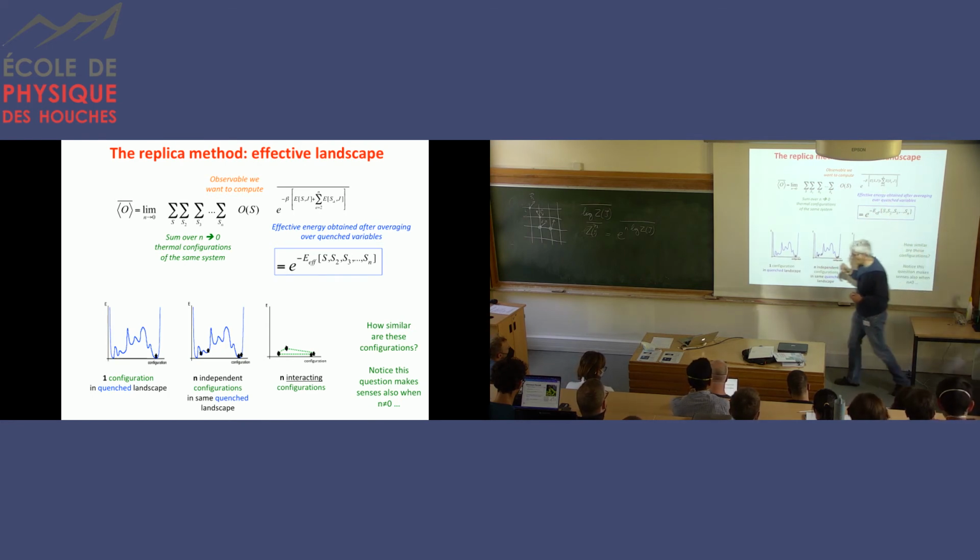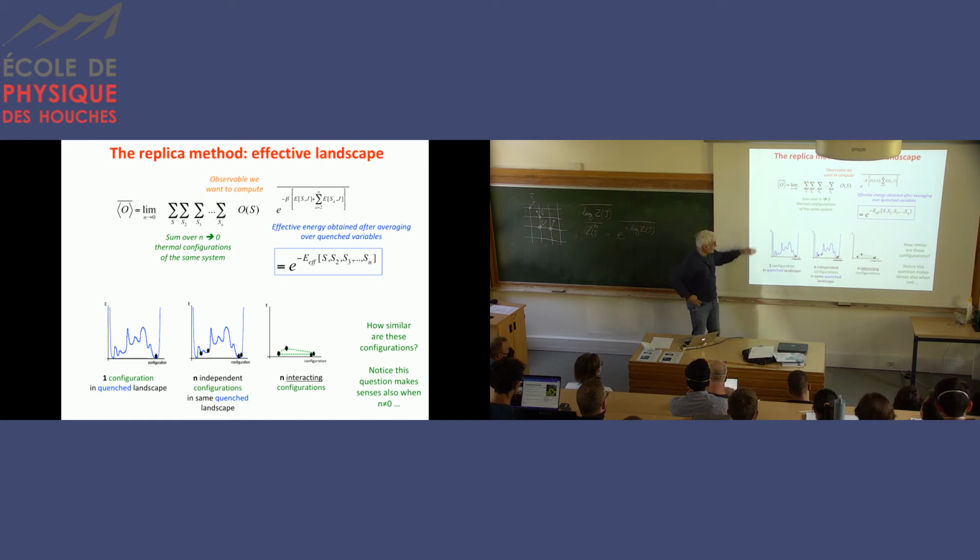And I think this is the deep meaning of the approach, so maybe these three panels are the most important ones of the slide. What we would like to study is the left panel. We have some energy here. Think about it as a loss that you would like to minimize, and it depends on the parameters of your model. You would like to find the best value, which is the minimum of this function. The problem is that this function is extremely complicated.